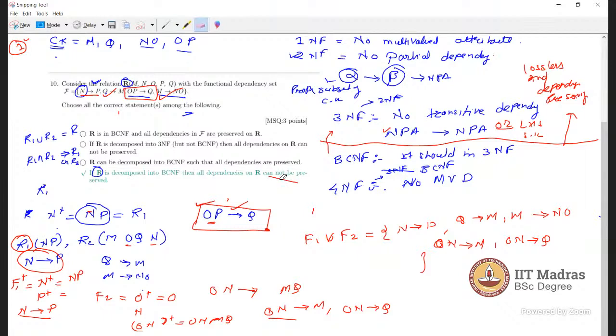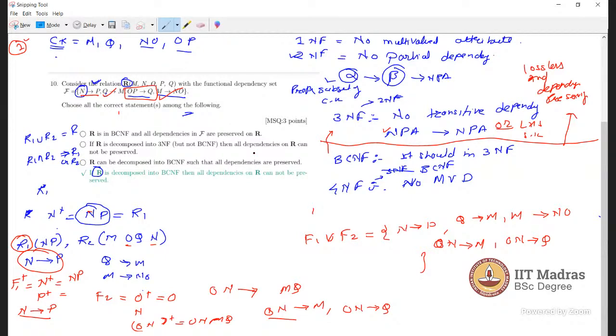But let's say in some cases the union gives us these kinds of dependencies by applying transitivity. Even in that case, it will be resolvable within the same relation. For example, if you're saying transitivity, M gives N, N gives P, it will all be in the same relation again. In F1 union F2, we get dependencies from both of the decomposed relations, right? So by applying transitivity, can we get dependencies which are not in R1 or not in R2? That's not possible, right? Because if you're doing F1 union F2,